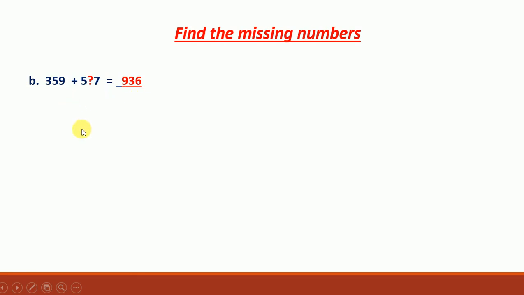So let us find this missing number using the column method. Okay, write these numbers in a column method along with your answer. Always in the column method we start adding from the ones place, isn't it? So in the ones place we are having 9 ones and 7 ones. When we add these two numbers, are we getting 6 in the ones place?